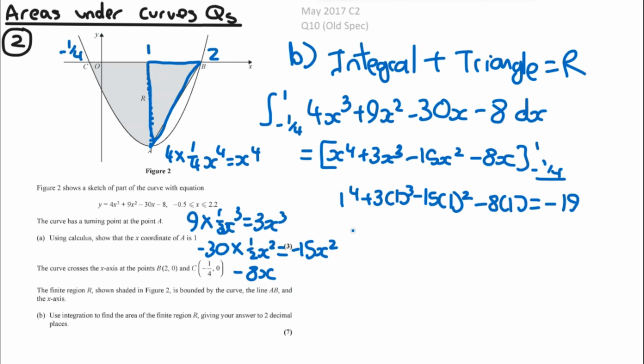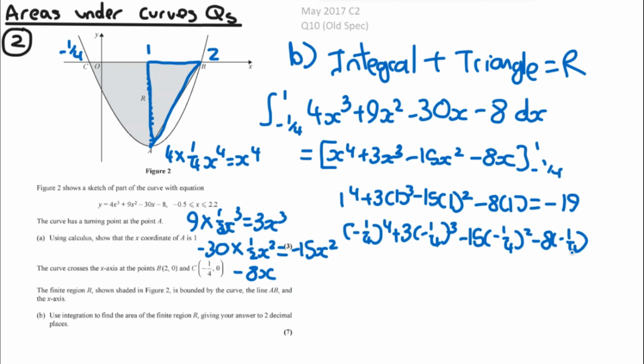And then minus a quarter is going to be minus a quarter to the power of 4 plus 3 times minus a quarter cubed minus 15 times minus a quarter squared minus 8 times minus a quarter, which if you put into a calculator, giving it to 2 decimal places, would be equal to 1.02. So therefore this overall area is going to be, when you sub in 1, minus 19, and then minus what happens when you sub in minus 1 over 4, which is minus 1.02, which is going to be equal to minus